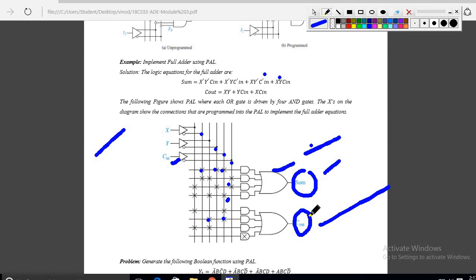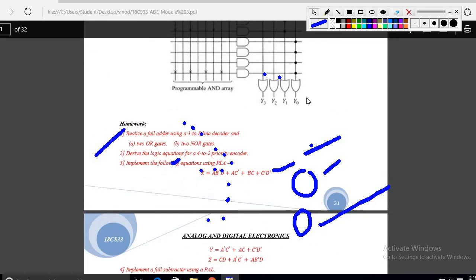So in this way, in PAL the symbolic representation is written directly like this, whereas in other cases you add one inverter directly, but here you have to use these notations only. For x, the upper symbol is connected, that is your non-inverted output. The one with the bubble is your inverted output. So you have to make two columns: one for the normal, non-inverted output, and one for the inverted output. Like that you have to make it, and we write the expressions according to that. Okay, in this way we have to see while solving the examples.